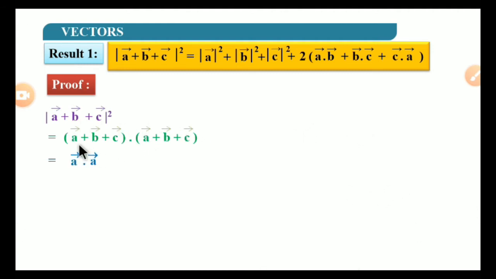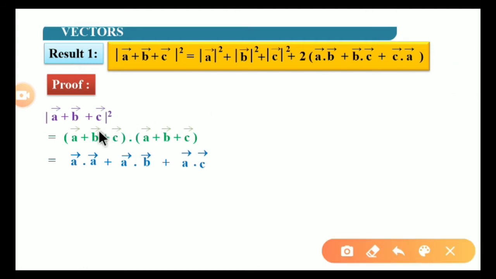So next, here it is a dot a, right? Next, a dot b, right? Next plus a dot c. Next we will multiply by the b term here. So here we can multiply b to this a first, and later to this b second and to this c also. So that here we will be having